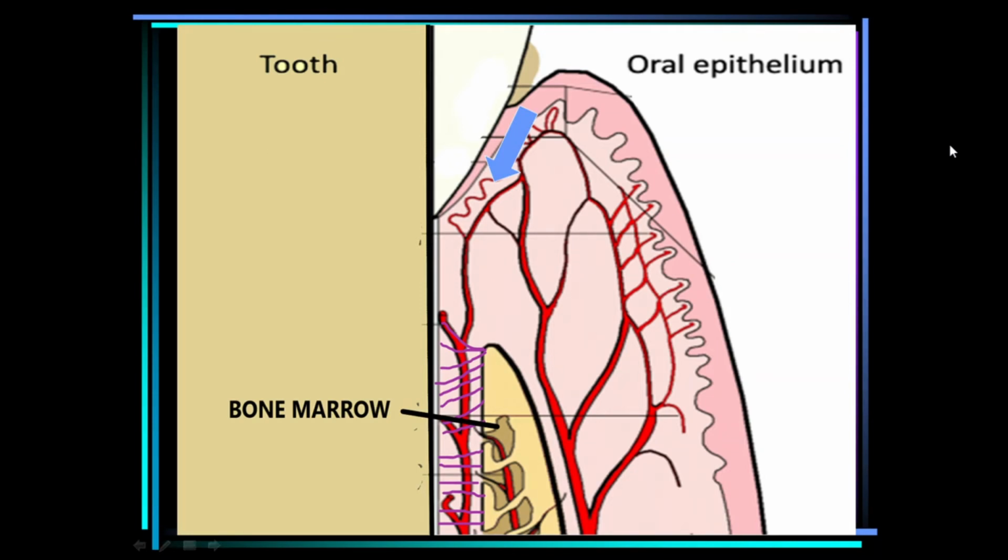If we look at the diagram, first of all we can see the gingival inflammation that was initiated. It will extend along the collagen fiber bundle and follow the course of blood vessels, and we can see these blood vessels going into the marrow space. The inflammation follows the blood vessel and then goes into the marrow space like this. So the gingival inflammation is following the collagen fiber bundle as well as the blood vessels.